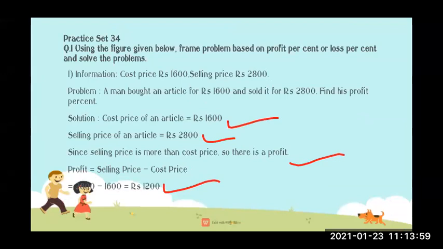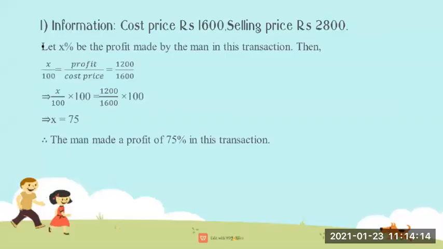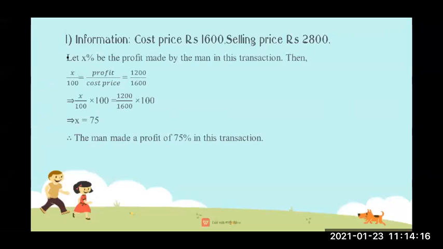Now we have to find the profit percent. So we have to assume this as X or Y or Z. Whatever we are going to assume, we have to assume it as X, Y or Z. So the next statement would be, let X percent be the profit made by the man in this transaction. So that will be X upon 100 and the formula will be